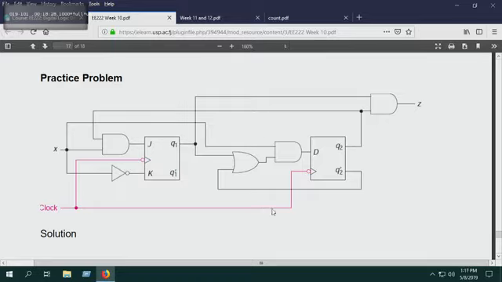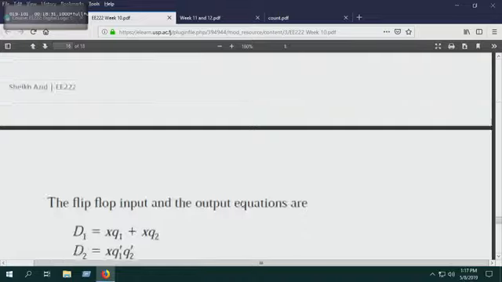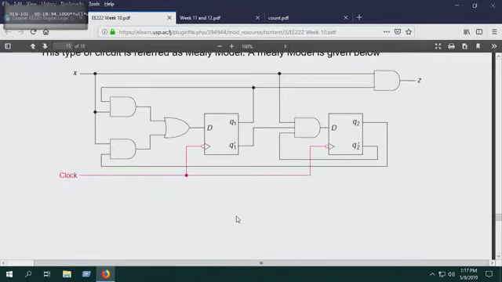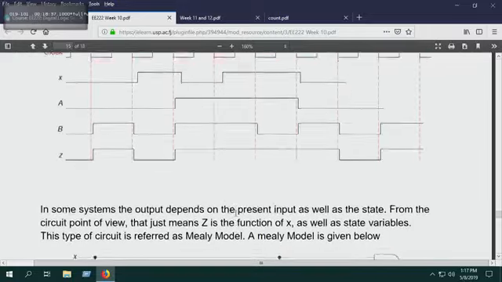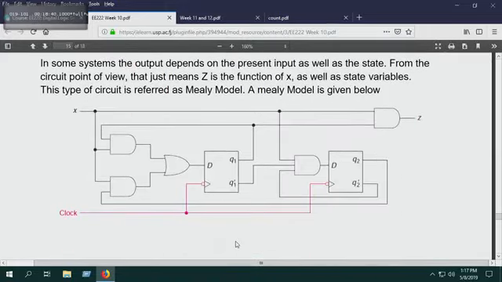Let's look at the next example, going up. Another one here. We did this in class, is that correct? All right. Okay, the clocks are all tied together. So what does that mean? Implicitly, it means that all the flip-flops trigger together, all triggering at the same time.